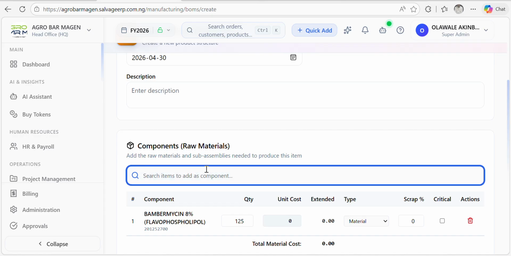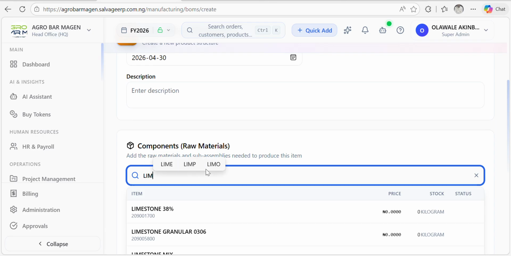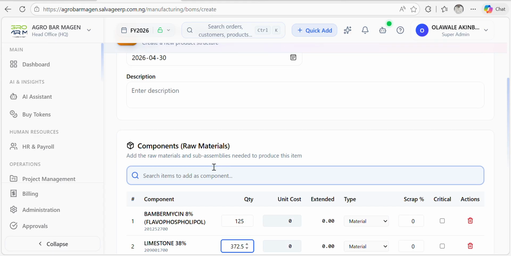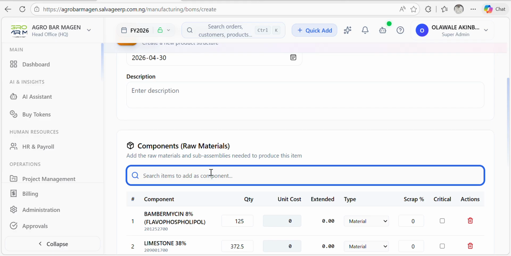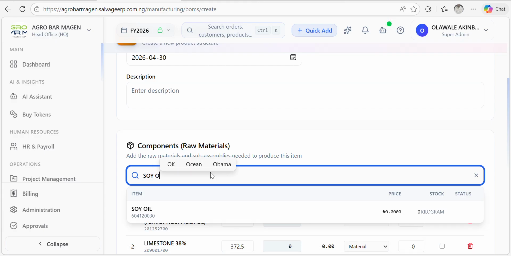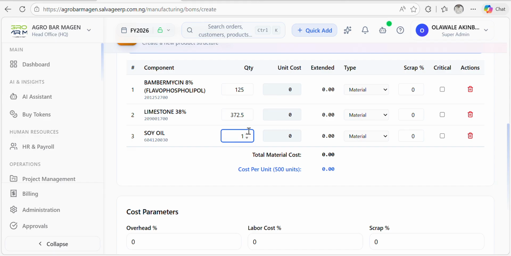Then you add another one, limestone 38%. Add it. What quantity is that? 372.5. So you add the other one, the last one, soy oil. Use soy oil or soya oil. So the quantity is